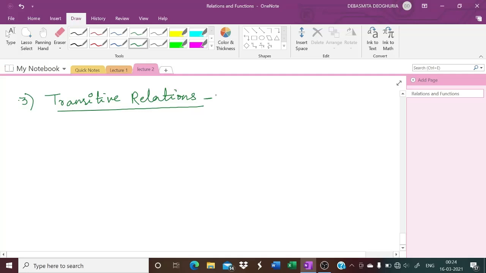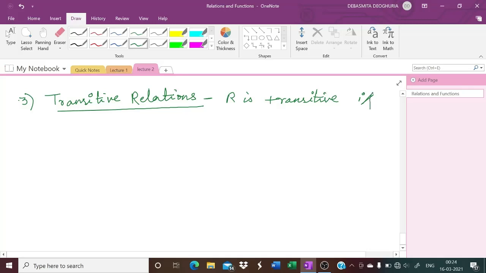So what are transitive relations? Now, same set, same relation, R is a relation on A. So R would be transitive if